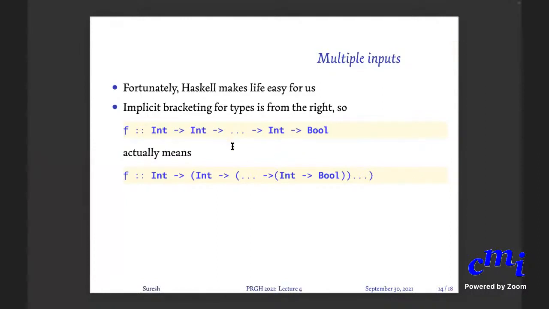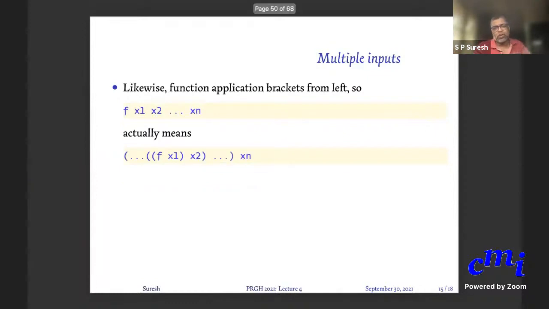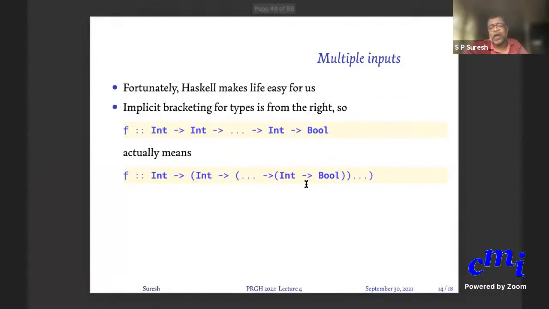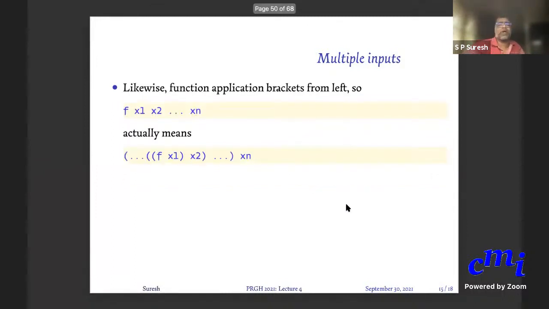So remember that when you write a sequence of types with arrows in between them, this is right associative, as it's called. Everybody knows what right associative means, right? In school they teach it, I suppose. If you write 2 plus 5 plus 3 and interpret it as 2 plus (5 plus 3), that is called right associative. Though for addition it is left associative, because when you write 2 plus 5 plus 3, you treat it as (2 plus 5) plus 3. Similarly, function application also brackets. So types bracket towards the right, function applications bracket towards the left.